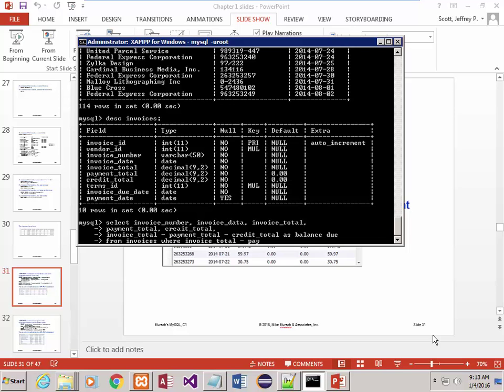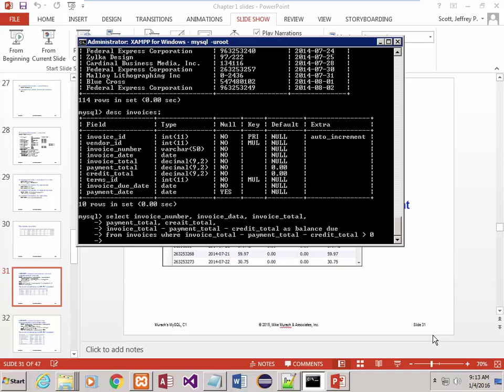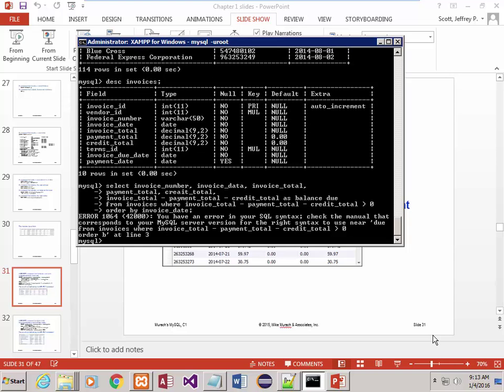Minus payment total minus credit total greater than 0, order by invoice date. Now it tells me that I've got an error, but I can use the DOS key here,